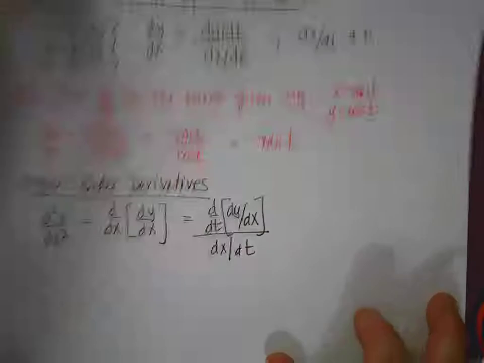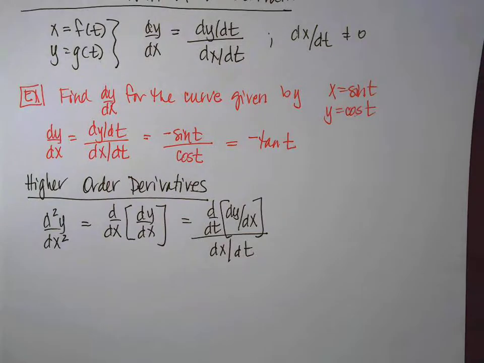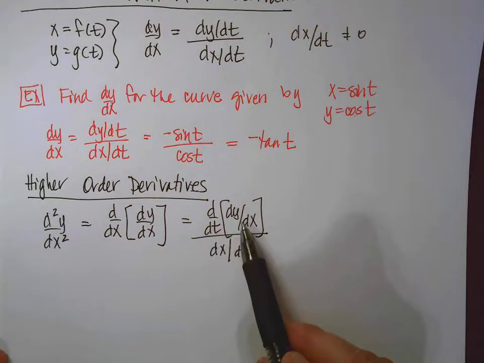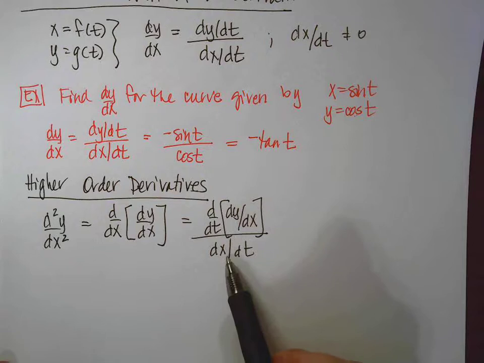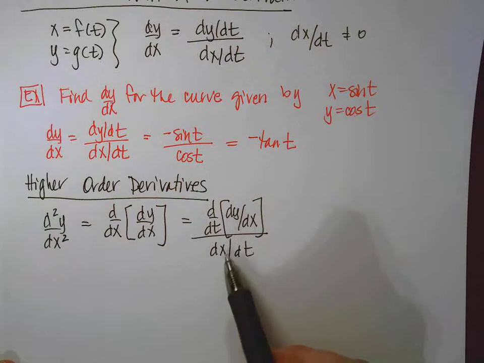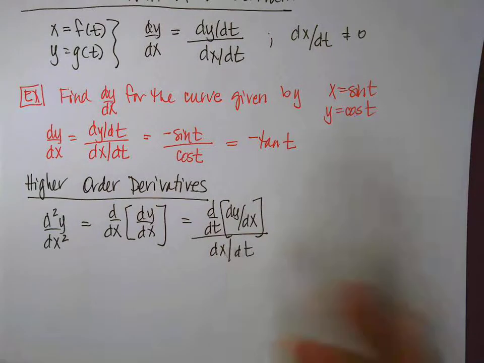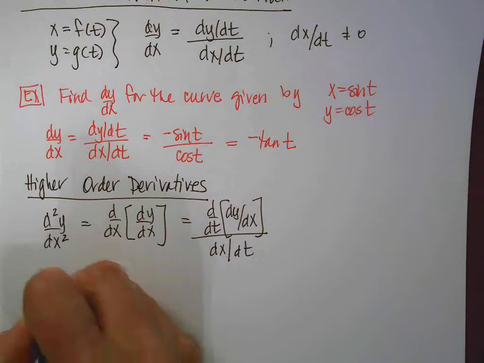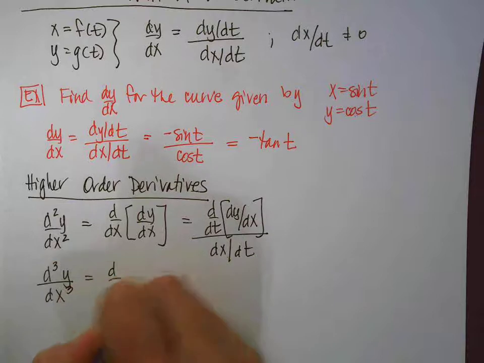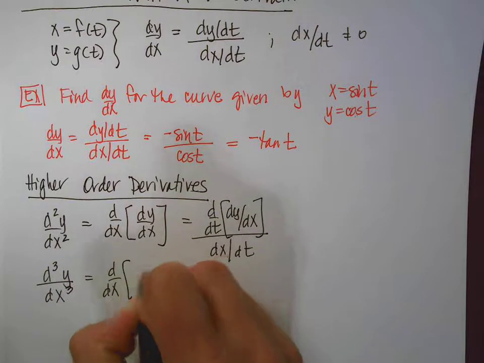Alrighty, and this is just going to be something that you're going to have to memorize, because I think that will just make this process easier. So you're going to take the derivative of dy/dx, and then you're going to divide it by dx/dt. And if you'll notice, your dx's cancel, and it's going to clean out and be really polite. If, for some reason, you needed to take yet another derivative, okay, then you would have d/dx of the second derivative,